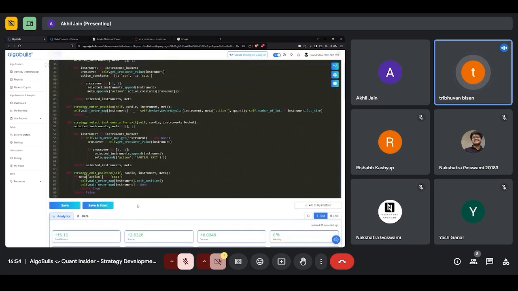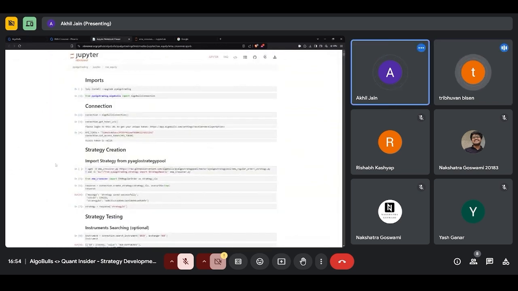Also, can you go to Jupyter Notebook? Yes. So here, once I create the imported strategy in strategy creation, there we have to code the strategy, right, for whatever strategy we are making.